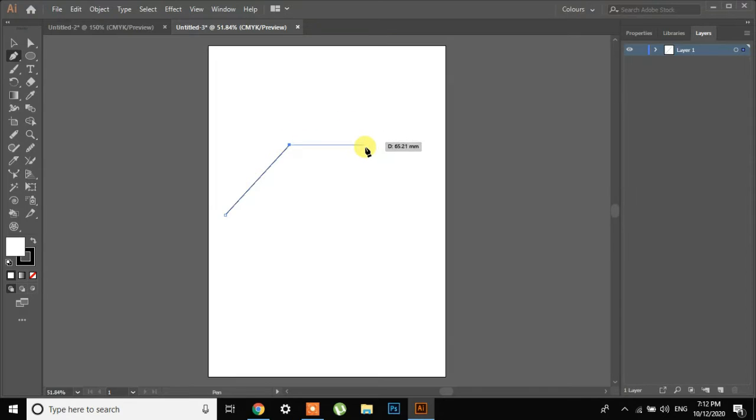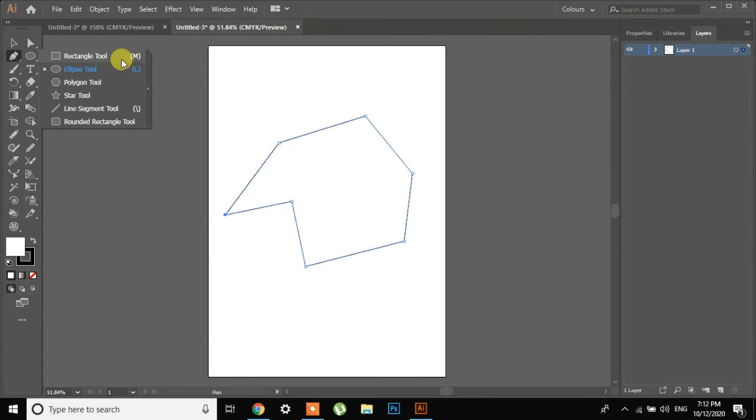Further, if I want to stop, I'll press escape, and if I want to create another point after this, I'll select this point and then select the other point I want. This one, this one, this one, this one, here, and then close the path. So guys, if you want to create any irregular polygon or any irregular shape which is not present in these, like it's not a circle, rectangle, ellipse, or any star tool, you can create any irregular polygon using the pen tool.